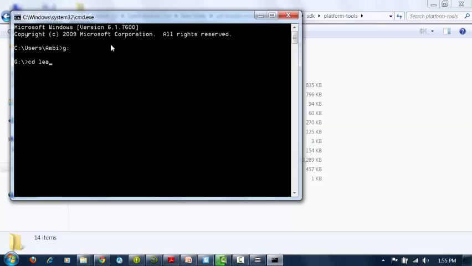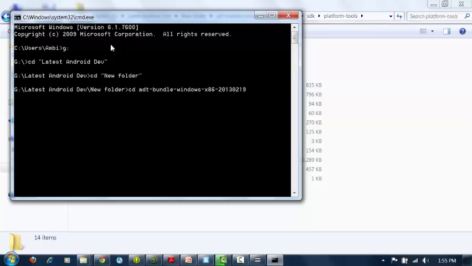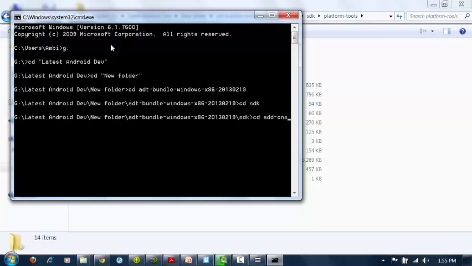latest Android dev, then cd new folder, then change directory to Android bundle, then change directory to your SDK, then change directory to platform tools. Then here you have to execute some commands. You can make a note of these commands. The first command will be like this: